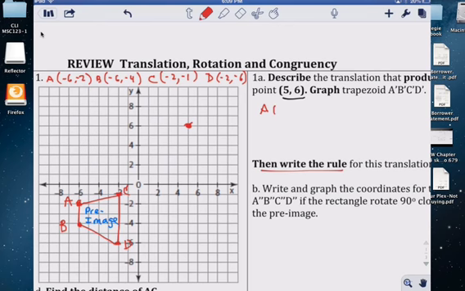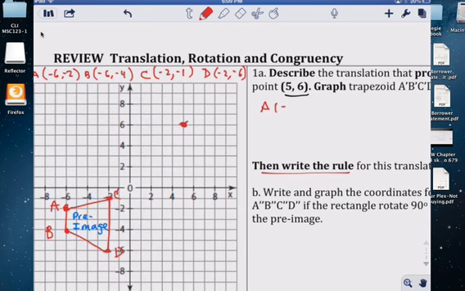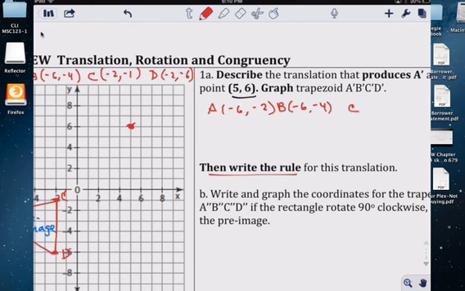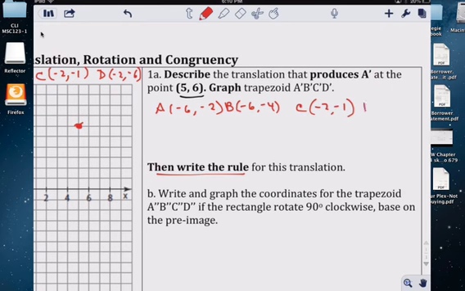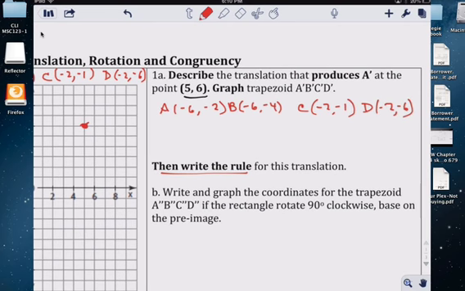So A is (-6, -2). B is (-6, -4). C is (-2, -1). D is (-2, -6). A prime